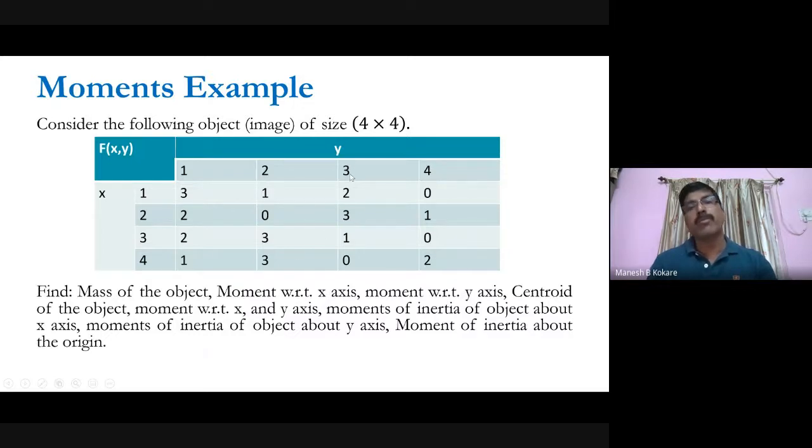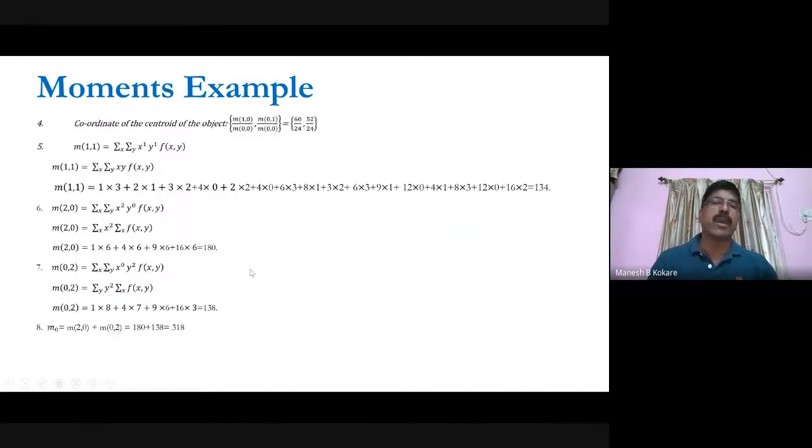Then the third one will be 3 squared, so 9 multiplied by the summation of this one, 6, plus 16. 4 squared is nothing but 16 multiplied by the summation of this one, which is 3. So this value comes as 1 into 8 plus 4 into 7 plus 9 into 6 plus 16 into 3, equal to 138. So you got the moment of inertia with respect to the y-axis,